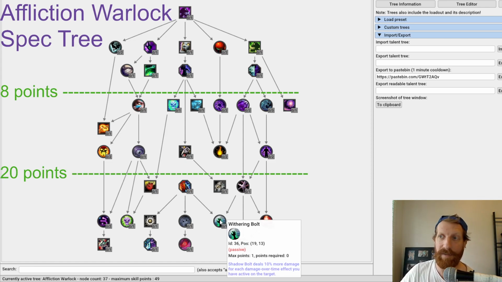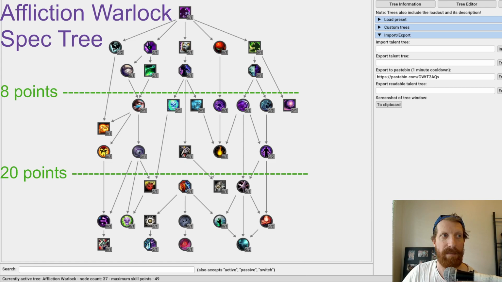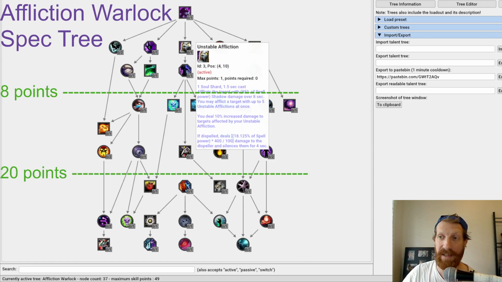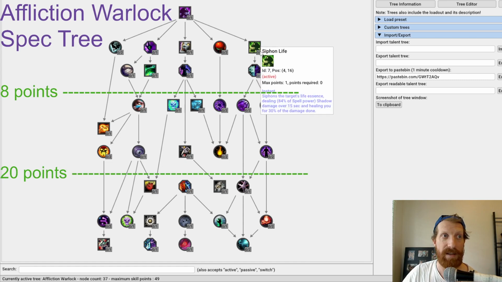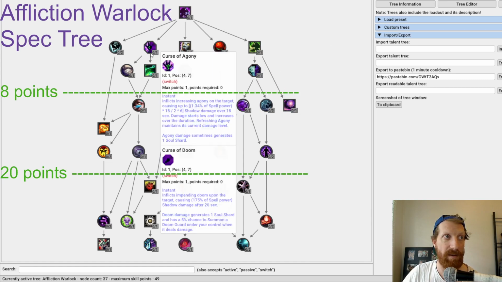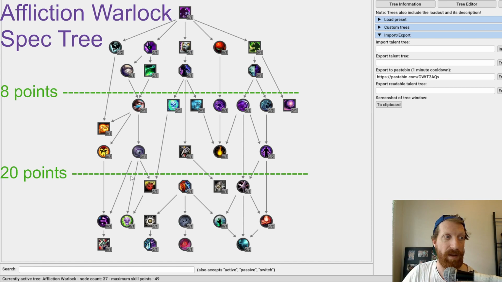This is a conduit that got nerfed significantly in the game, and it made me sad because I like the idea of your Decimating Bolt, Shadow Bolts that we currently have for Necrolord, stacking up a bunch of damage over time effects and then having huge burst. But we've kind of brought this down to the lower end of the scaling at 10% because you could potentially have access to a lot of dots on target. 3 or 4 Unstable Afflictions, Siphon Life, Phantom Singularity, Curse of Agony or Doom,